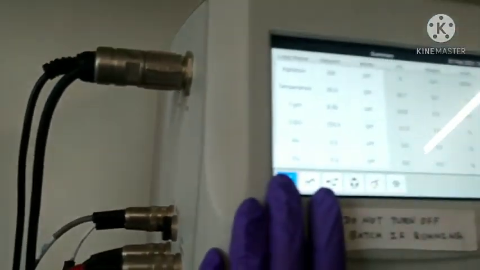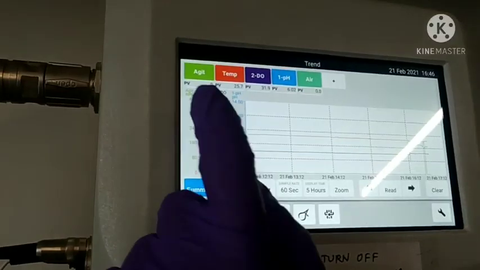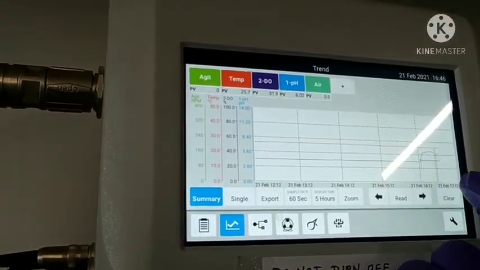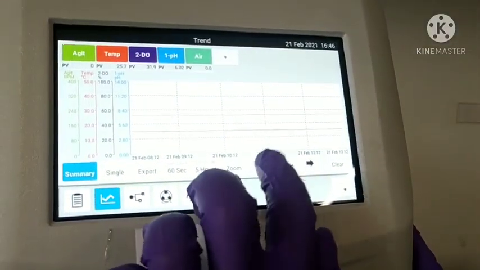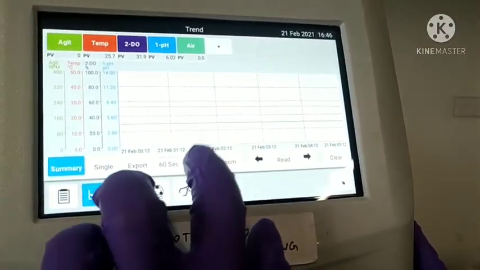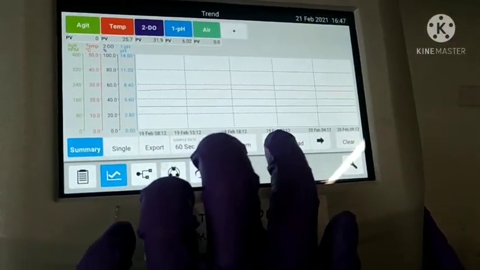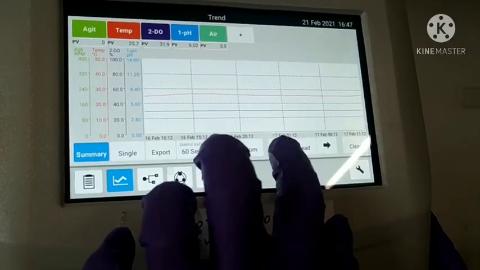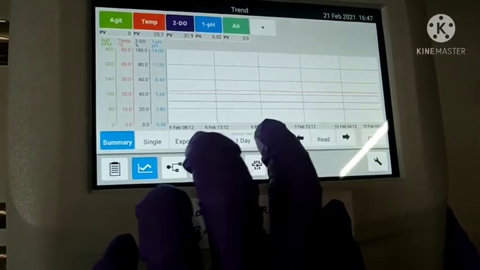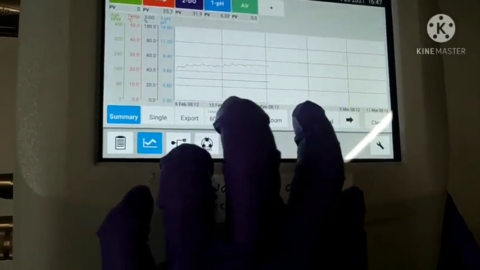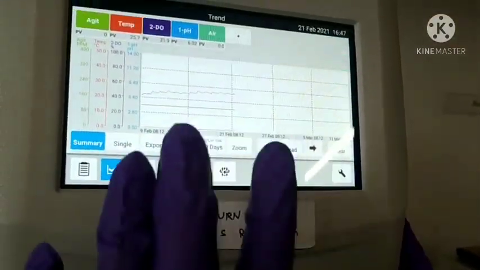And one more thing I want to add in this case: you can see the real time data of how it is working. You just have to go to this graph line, and now you can see whatever the changes are. If the temperature changes, you can see how it is changing with the time and the day. You can set a 1 day period to see what happened. So you can see the change of each parameter, going up or down by the day or the hour. You can go to any period, like 30 days, and see how these parameters are changing.